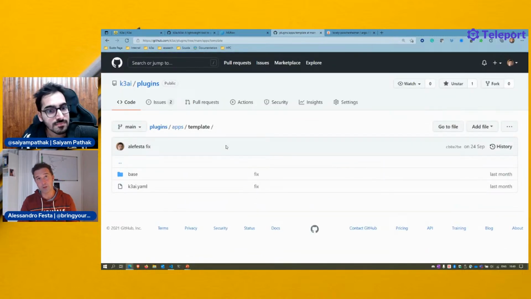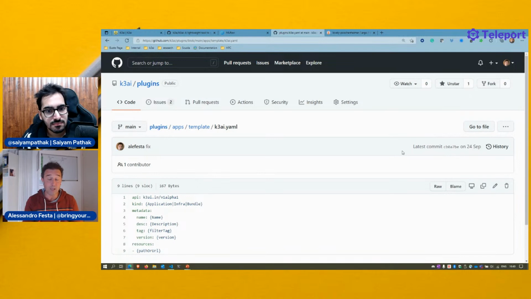I got the template because in the next release, I'm not sure if 1.0.1, maybe 1.0.2, that means two months from now, I will have a cookie cutter. The K3ai cookie cutter will create the plugin structure for you, and you just have to fill it in with your data. Now, customize, because with people that know how to do stuff, you better copy them sometimes.